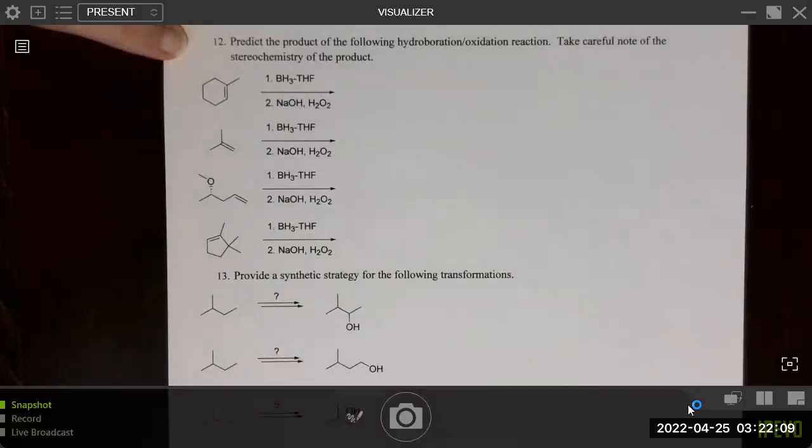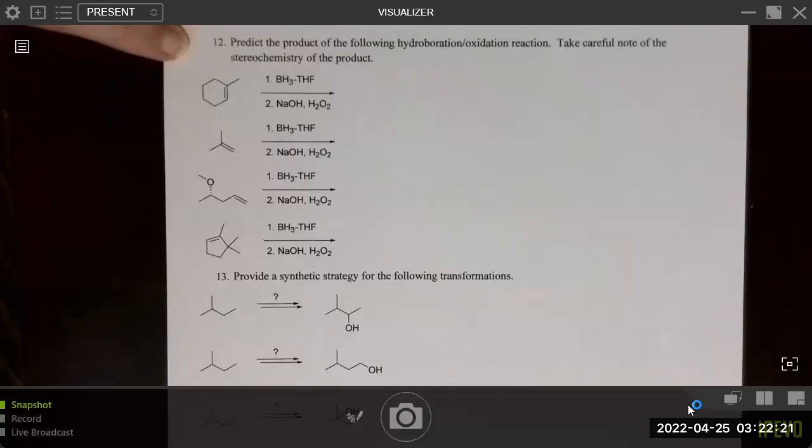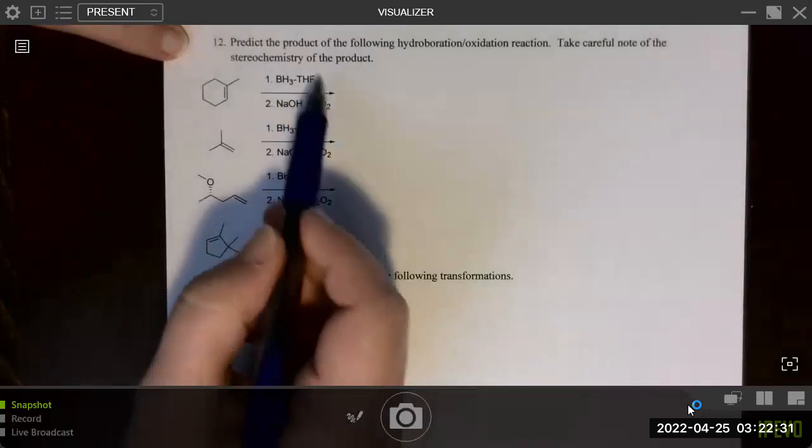And then stereoselectivity is next. How many stereocenters are being formed? If 0, we don't consider stereoselectivity. If there's 1, we always draw a racemic mixture. And if there's 2 stereocenters, in that case, we want to make sure to draw syn selective products. That is going to be the case in this first reaction.